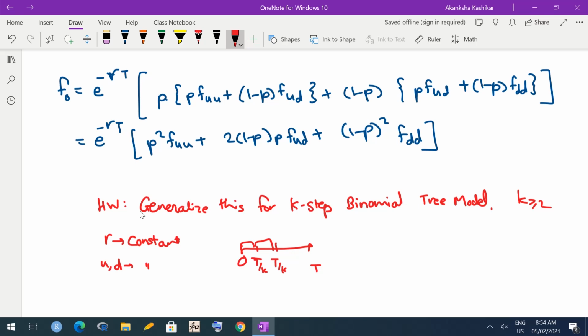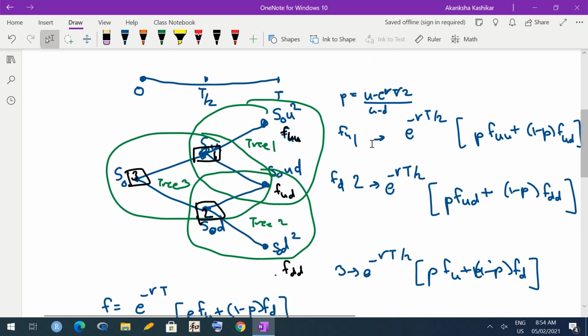Okay, there is one small catch here. See, when I say that we evaluated this value using 3 separate trees, we are considering only the values of FUU, FUD and FDD here. So for European options, that is fine. The exercise of an option is going to happen only at the end. Hence, the value of the option at the end is what matters.